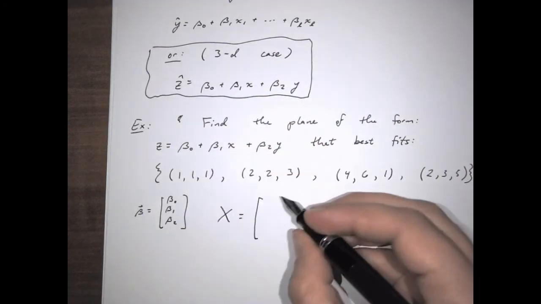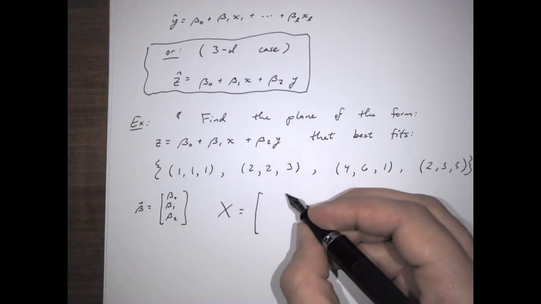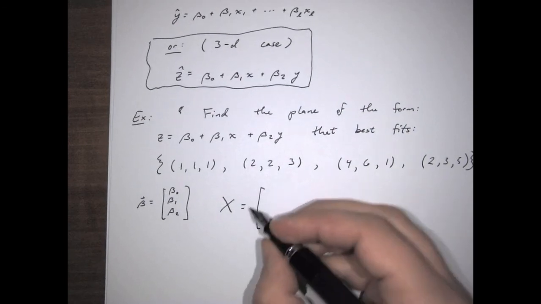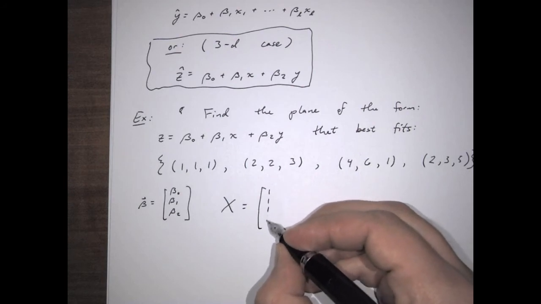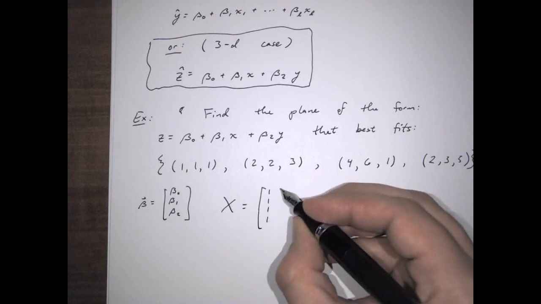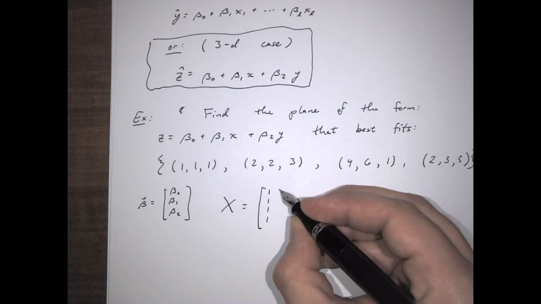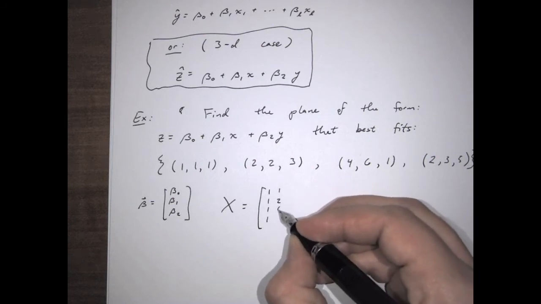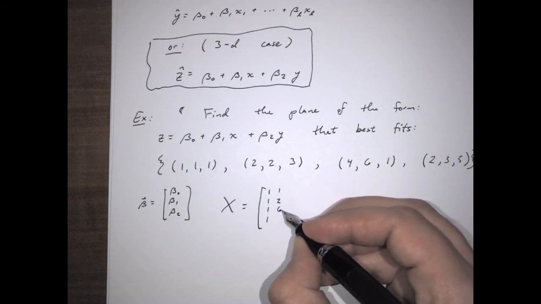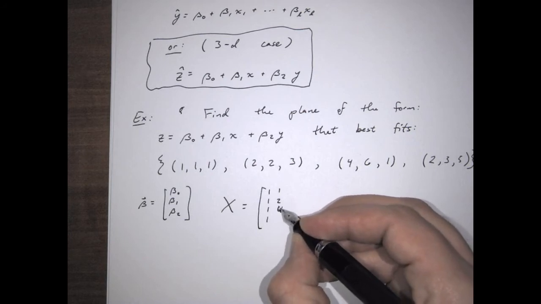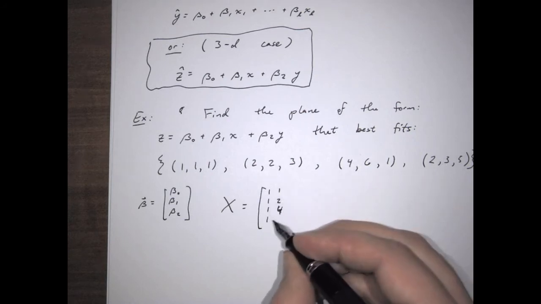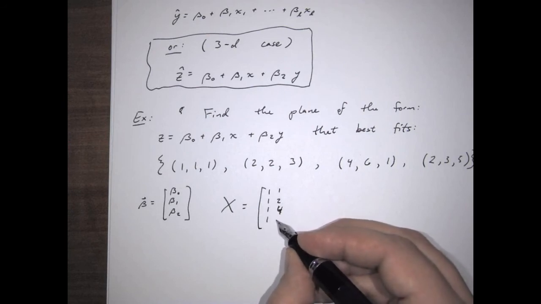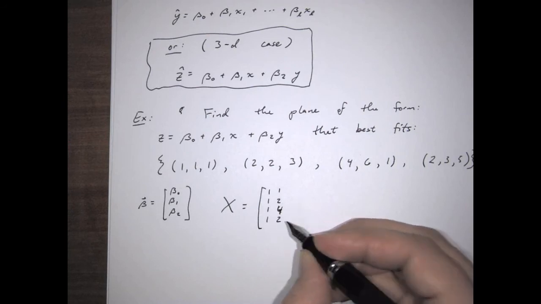You just look at what the weights are of the different betas. So the weights here will be 1, 1, 1, 1. Here for beta 1 it'll be the x values 1, 1, 2, 4,